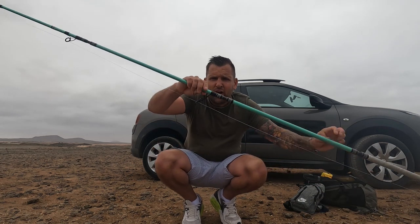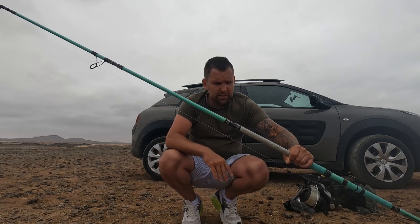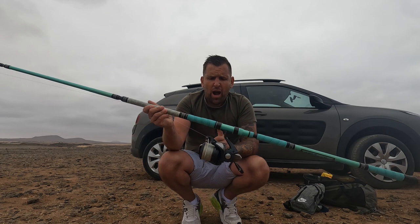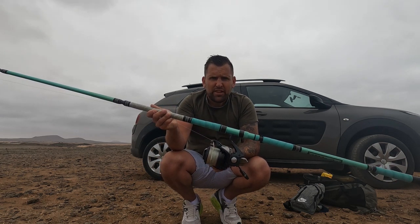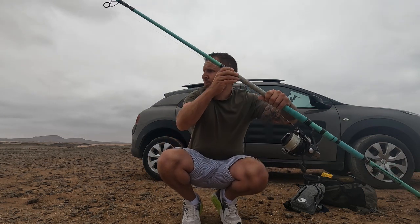I've obviously upgraded the guides on these to Fuji Ks. I've got a Fuji reel seat on there, and it does the job. It does the job for me when I'm traveling with the family, or I'm just traveling light. I can get this in my suitcase and I can do a bit of fishing. Matched up on that, I have my Shimano Ultegra 14,000 that I use on my Sonic HTs. The same one I use on my Sonic HT. So it's got about 20-pound braid, 32-kilo leader, and then